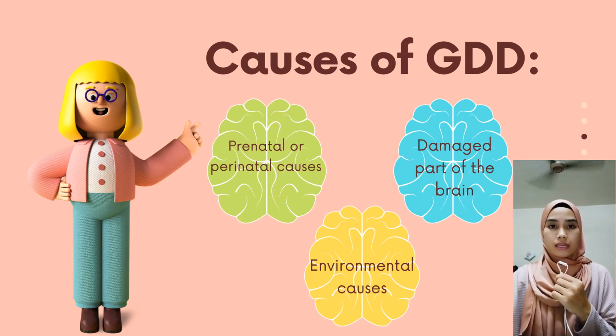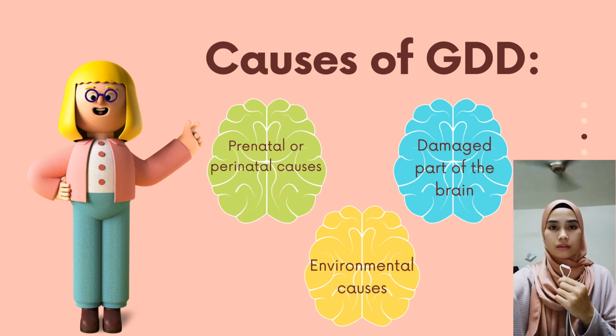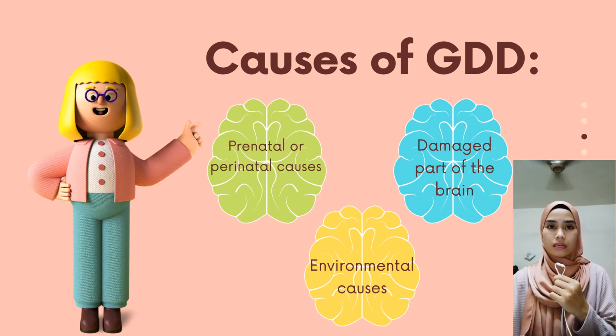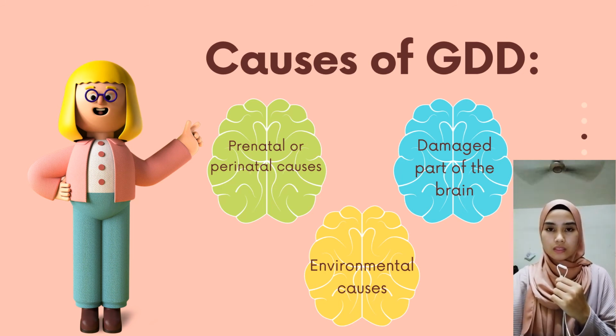So the last one is about the environment. There are 3 points: poor nutrition, family stress, and child abuse. These points will affect the children too, because it is very important for them to live in a safe place. They will